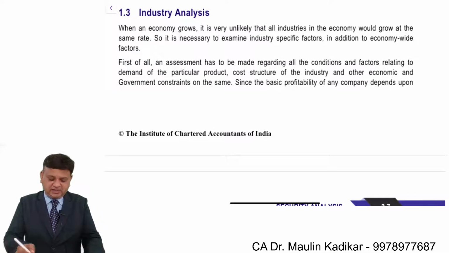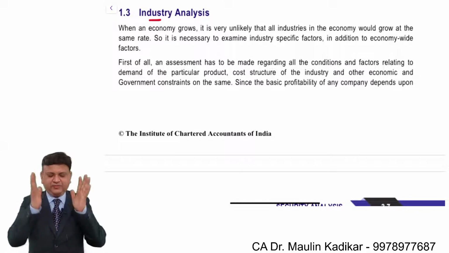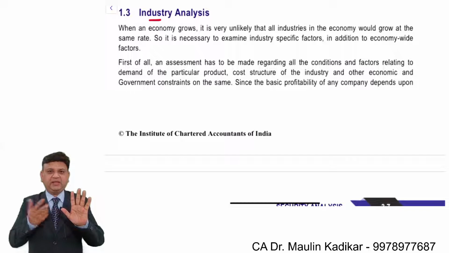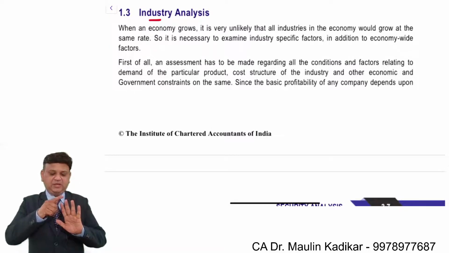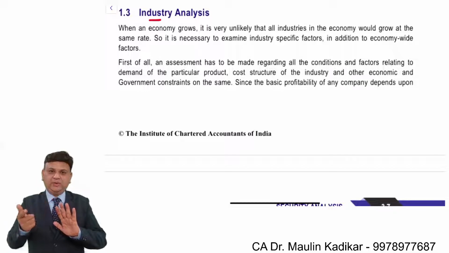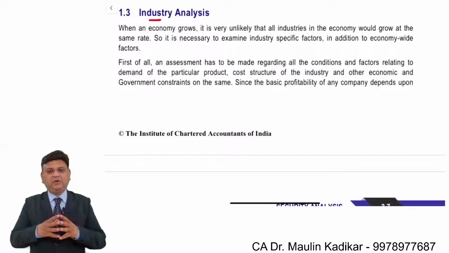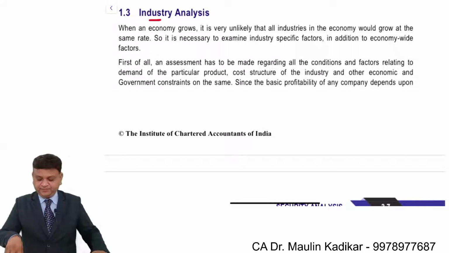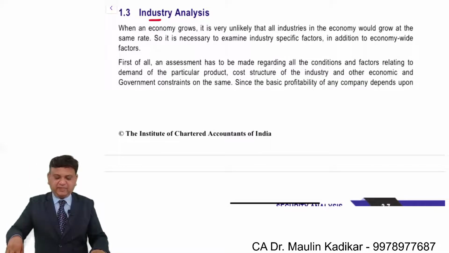Now, in industry analysis, we talk about different industries like the banking industry, pharma industry, FMCG (fast moving consumer goods) industry, automobile industry, and let us say the IT industry. So we are talking about industry specific analysis. As I told you, if I am considering making an investment in, let us say, Apple